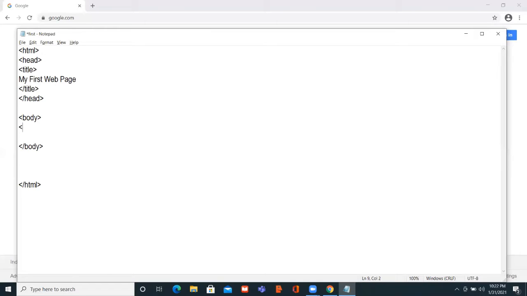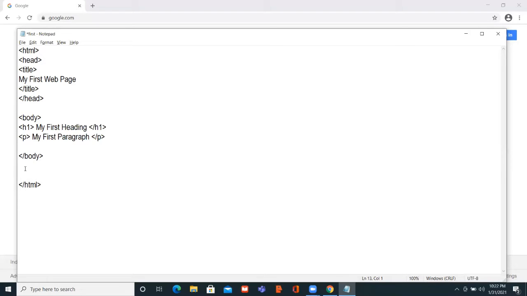Suppose you want a heading, so you write the heading as My First Heading, and then the closing of the heading tag, and then we will write a new paragraph also. My first paragraph, and the closing paragraph tag, and it is done.